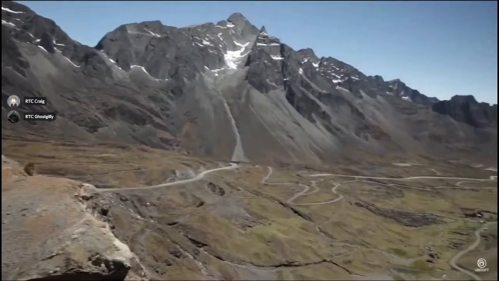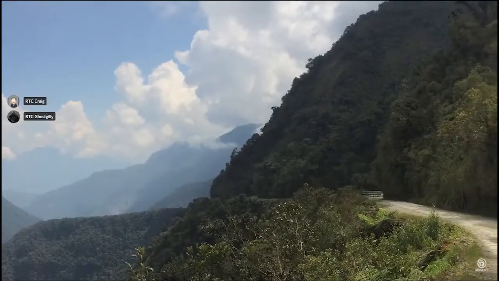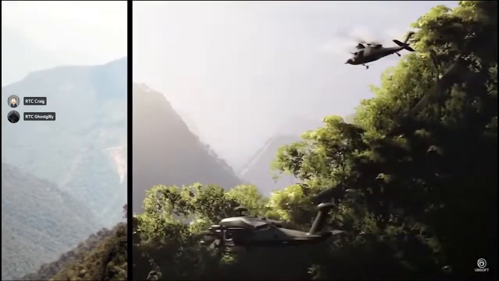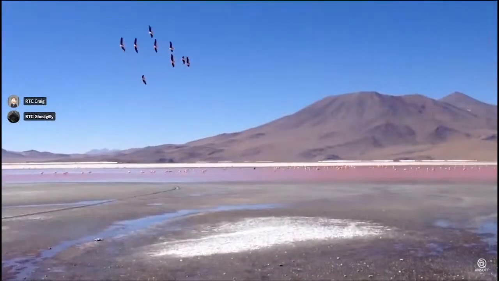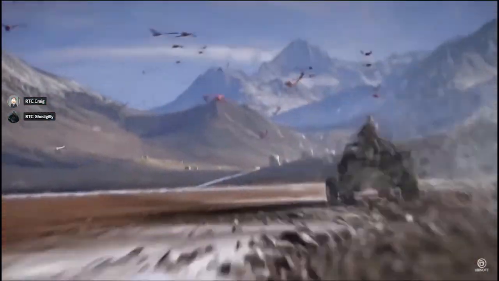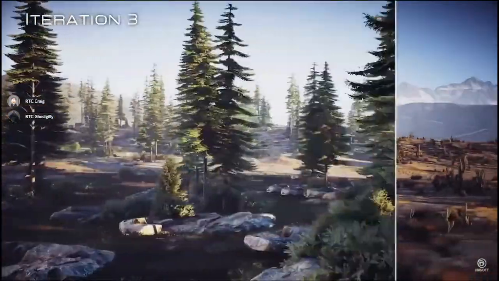We sent a number of teams to many different sites to gather as much reference material as we could. We've been on the dev road twice, back and forth. All the places you can see in the game are inspired by real locations, including my favorite, the Laguna Colorada with all the flamingos. But moving from a linear game to an open world was also a huge challenge from both a design and a technical perspective.